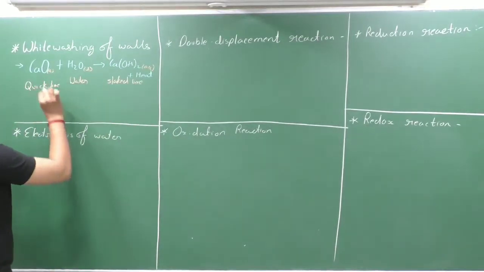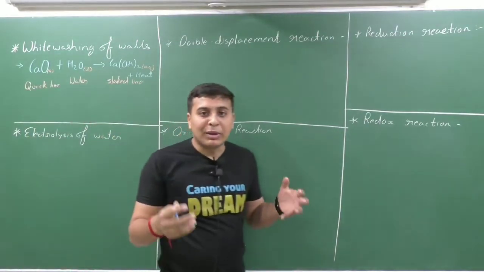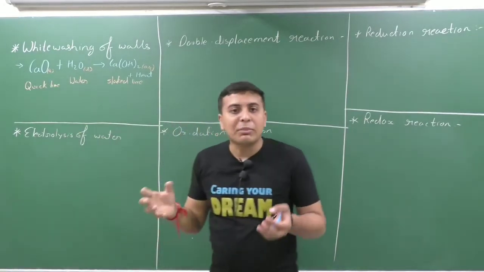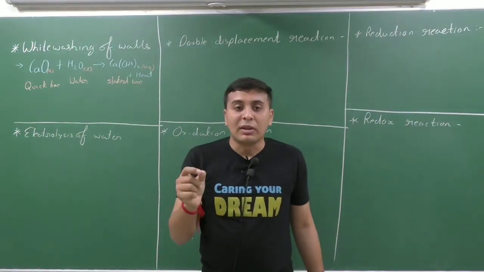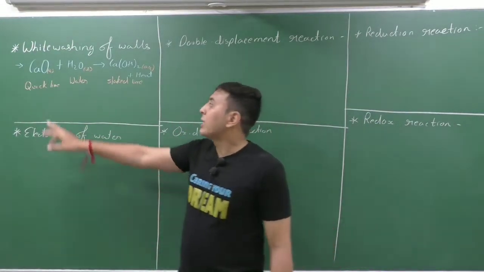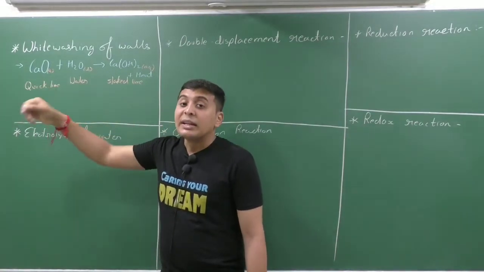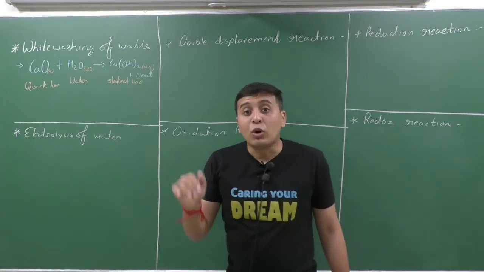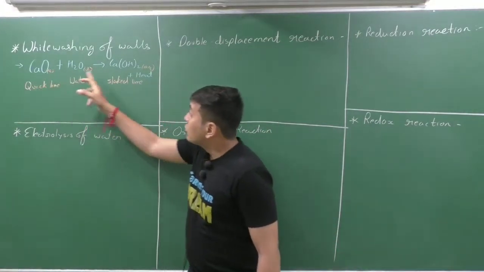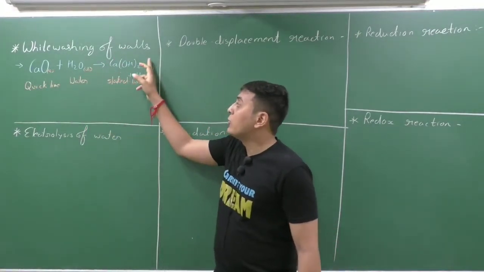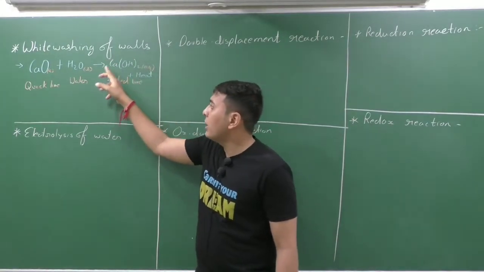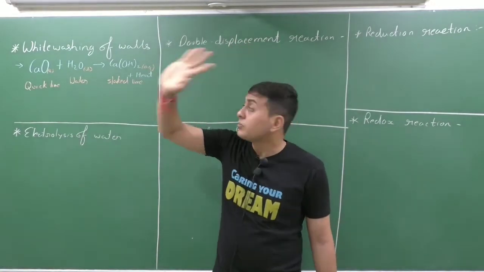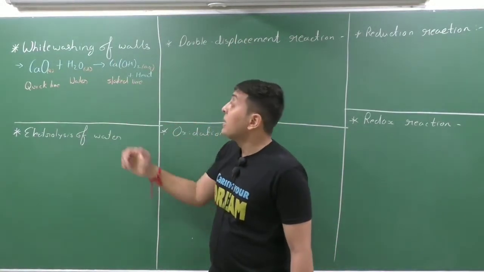Now this is the solution from the market. We are buying a solid calcium oxide. We are buying the white colored powder, calcium oxide, from the market. Now bringing it to our home and adding water into it. Now we are adding water into the calcium oxide, so it becomes the solution of calcium hydroxide. This was a simple reaction that we have learnt in the last lecture. Now that is calcium hydroxide.